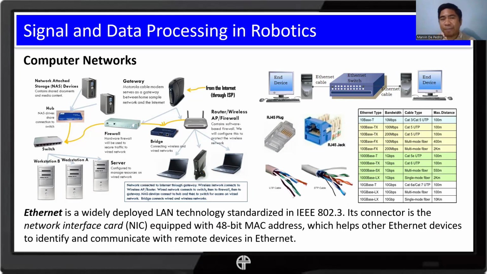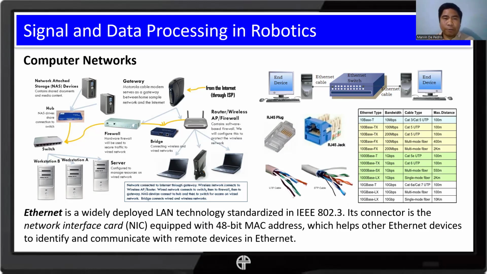Okay, so for example, when we have a device that has a built-in Wi-Fi module, then we can say that it has a built-in NIC as well, where that NIC determines its MAC address. So there are no different devices that have the same MAC address. Each device has its own MAC address, and that serves as its unique identifier among the other computer devices that can be integrated into a computer network.